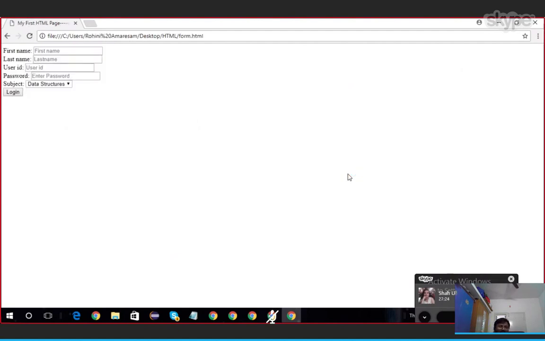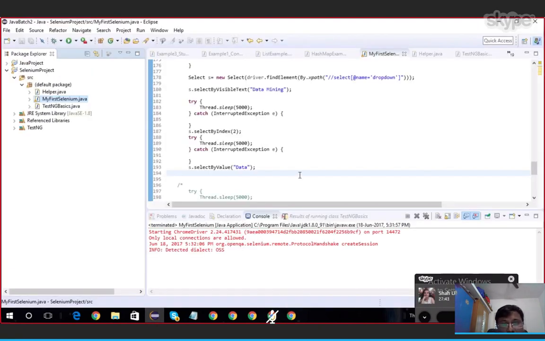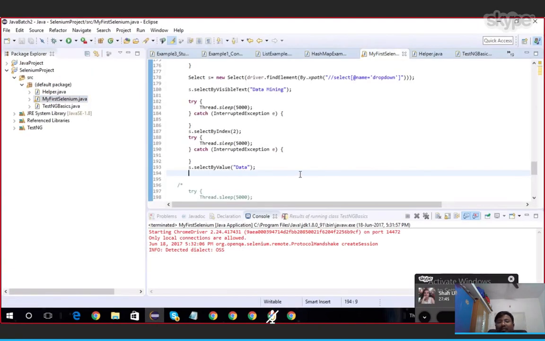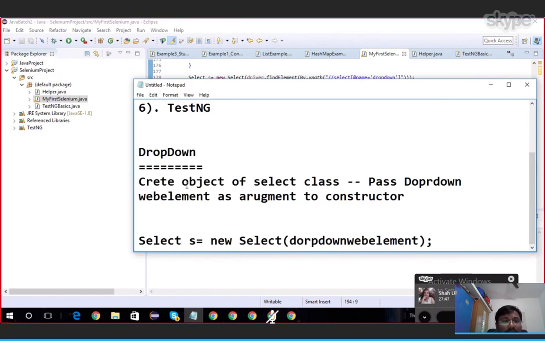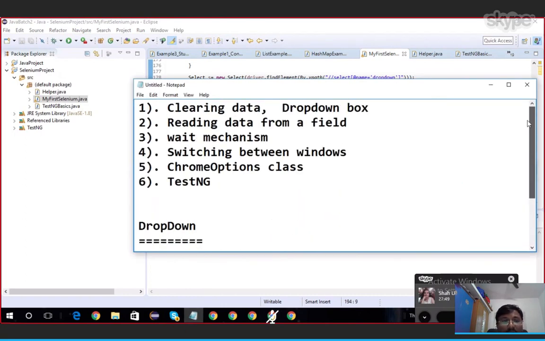By default the first element is shown in the drop down. We changed it to data mining, then using index we changed it to algorithms, and then based on the value of the option tag we changed it to data structures. Now the drop down is clear, right?